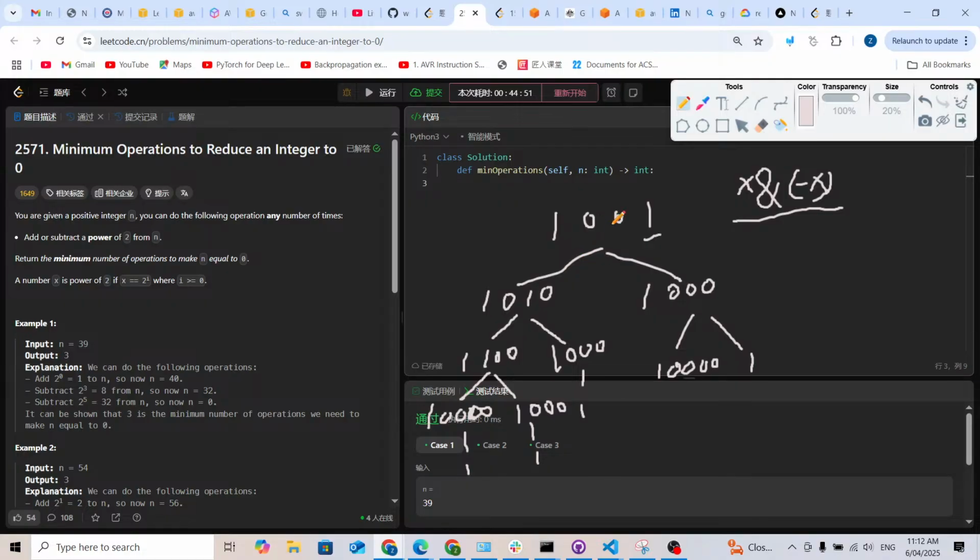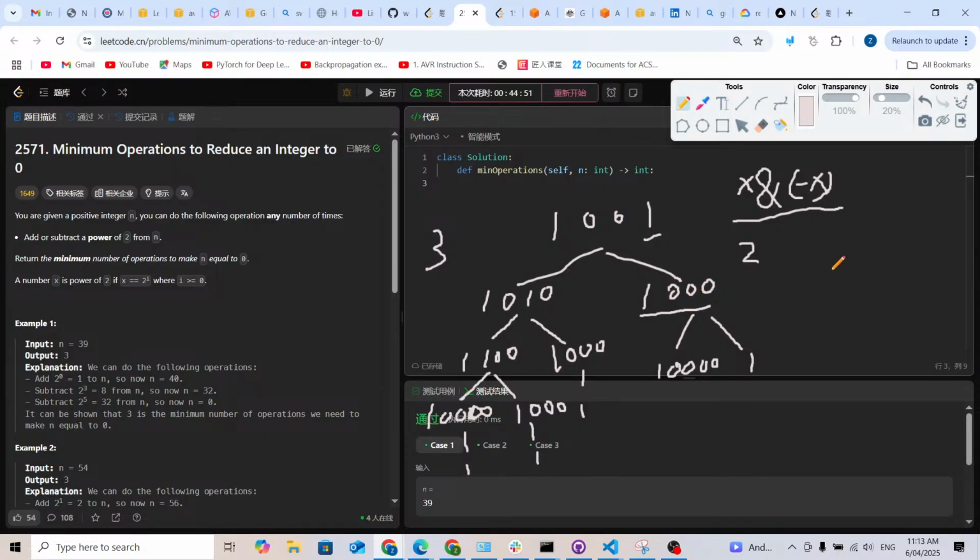No. So from the left side, this is 1 operation. This is 2 operations. It becomes 1000, and we still need another operation. So from the left side, the minimum is 3, and from the right side, the minimum is 2, because we can turn this to 1 0 0 0, and then we still need 1 step to make it 0. So if we have a binary number like 1 0 0 0, definitely there's 1 step,